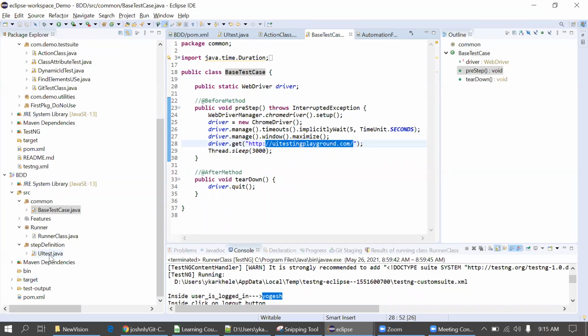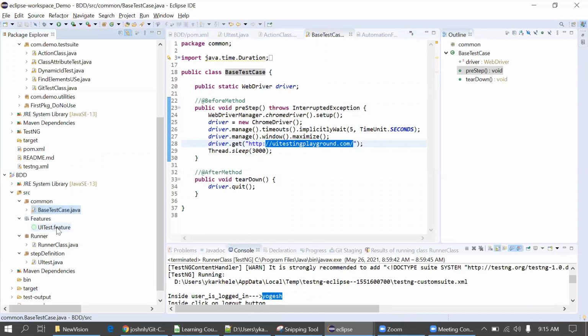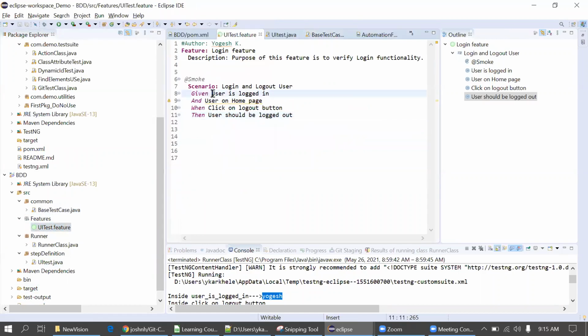Okay, so I'll go to the feature. I will just change this scenario. Suppose the user is logged in, that's fine. Just write like this: user opens Chrome browser and hits URL.